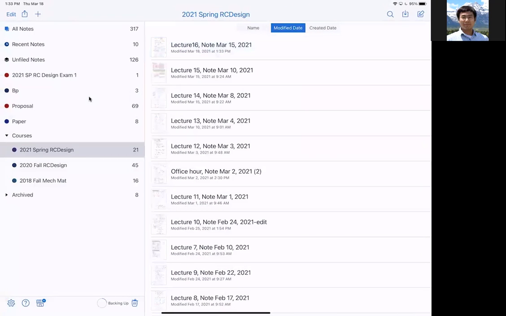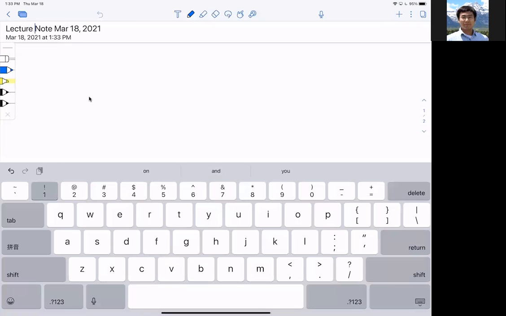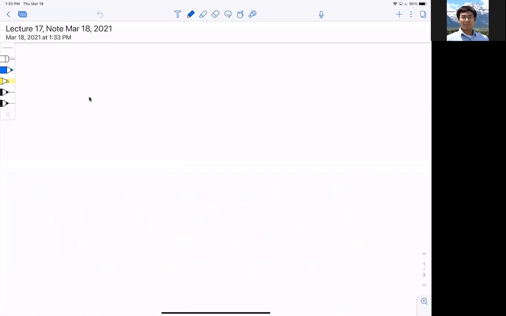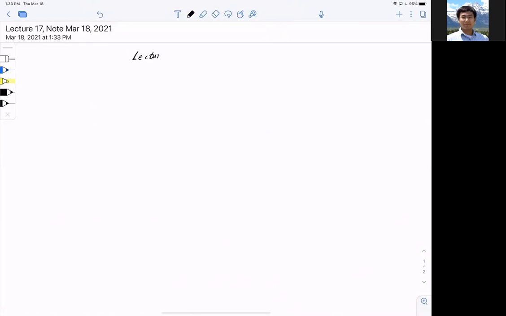Now we're going to get into lecture 17 today, but just to get it started. We'll not be able to finish that today, but I just want you to have a peek at it. We have done with one-way slab, and we're happy with it. So let me go into lecture 17 and open up a new conversation. This is still on one-way slab, but instead of simply supported, we're going to talk about continuous